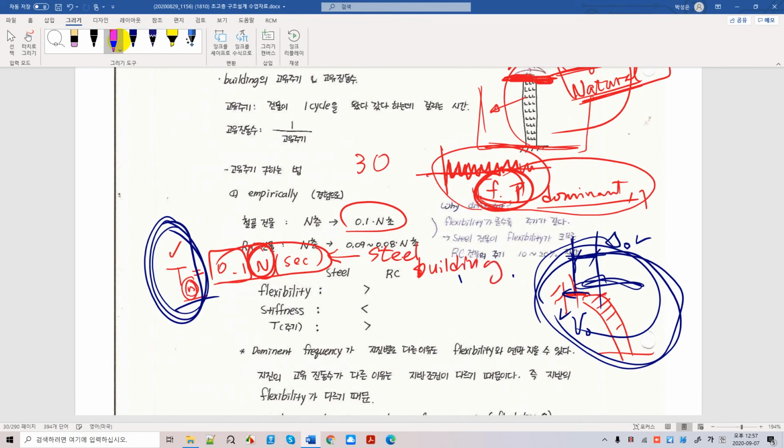What if you have a concrete building? A concrete building is stiffer than a steel building, as is. A steel building is flexible compared with concrete buildings. So concrete buildings, as I explained right here,